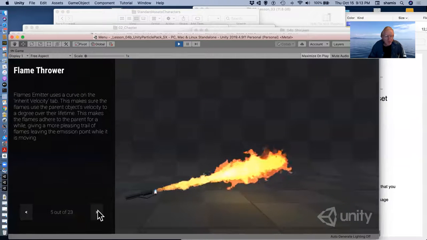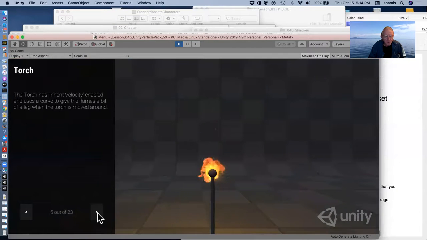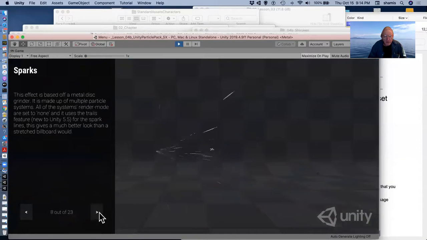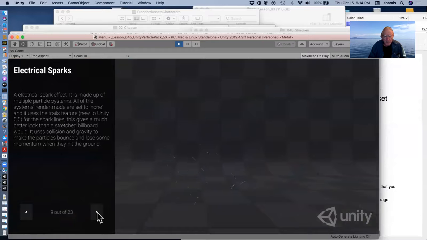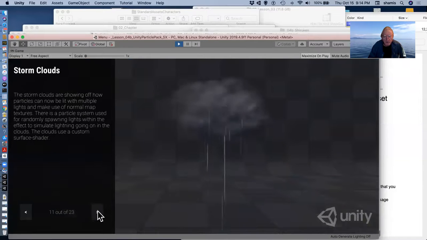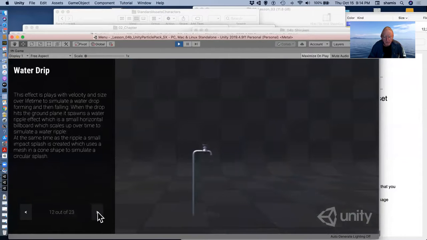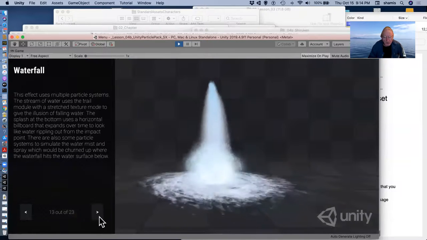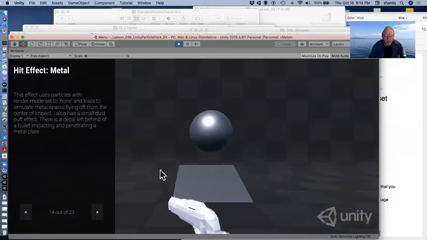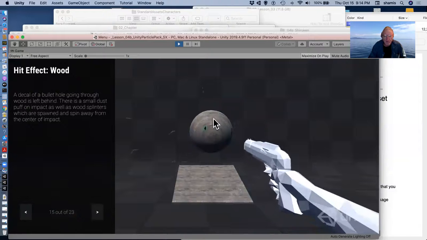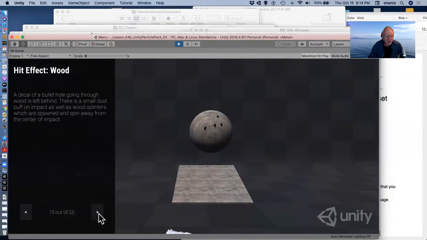Of course, a flamethrower, a torch, smoke. It's worth looking at these to see how they did it. Sparks, electrical sparks, again, bouncing off the ground, a rainfall effect, storm clouds with rain coming out of them, dripping water, a rather nice waterfall with splash where it hits the lake, a bunch of shooting effects to make bullet holes where your bullet hits,